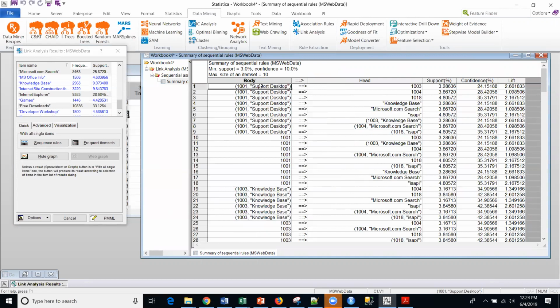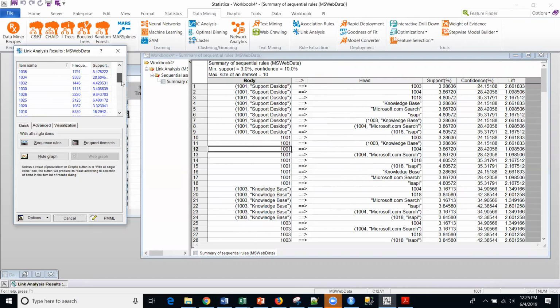I'm sorry, body then head. So, and I'm picking up a few that I didn't expect. So, and I think that's just because of the setting, but I won't redo it at this point. I'll just interpret. So, if you were in 101 or support desktop, one of those 2 areas of the website,